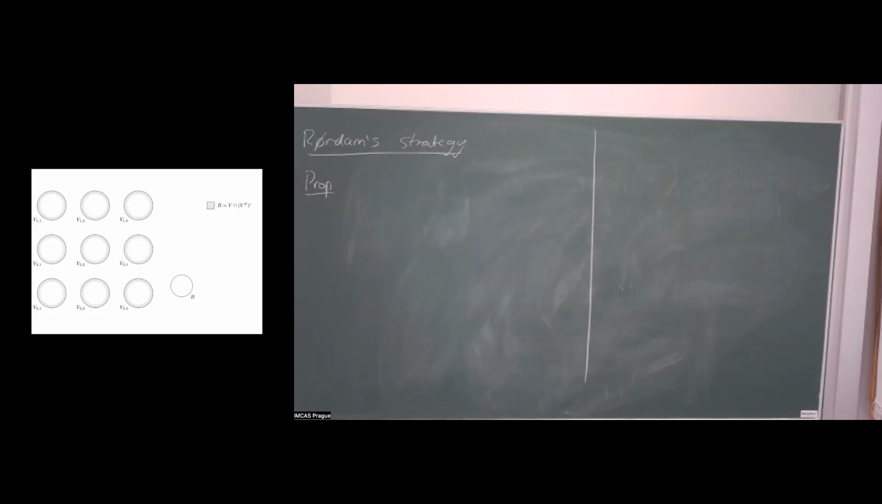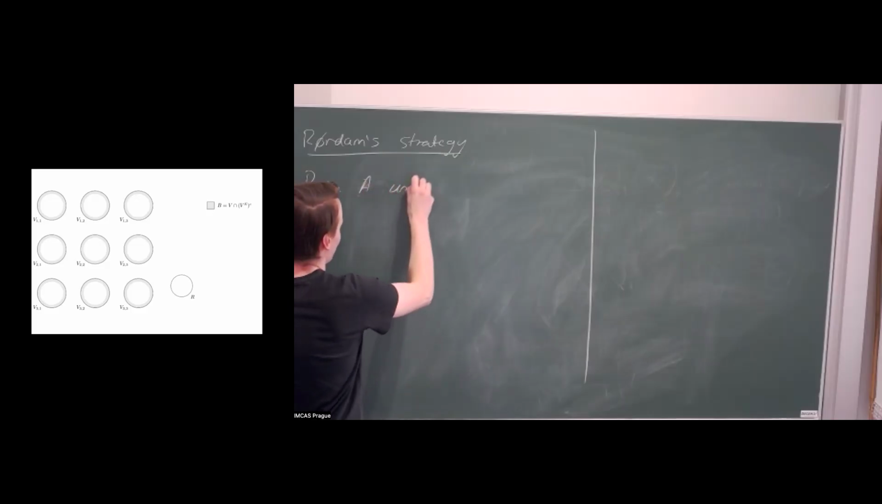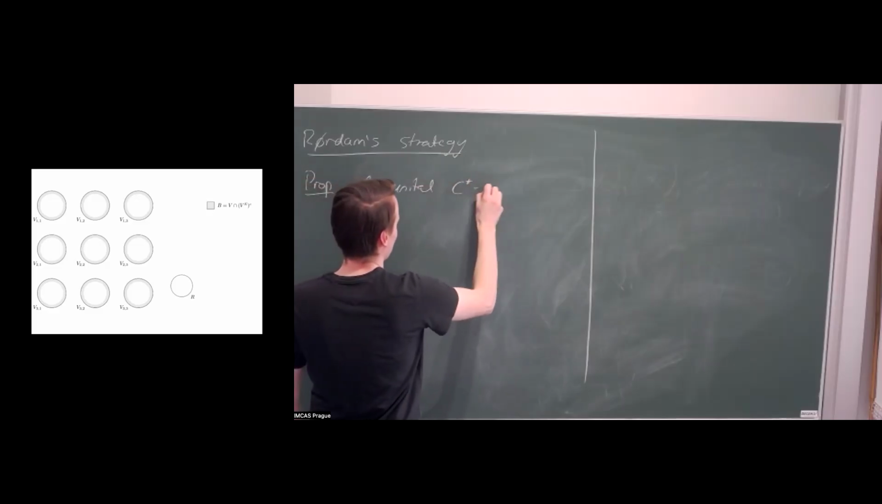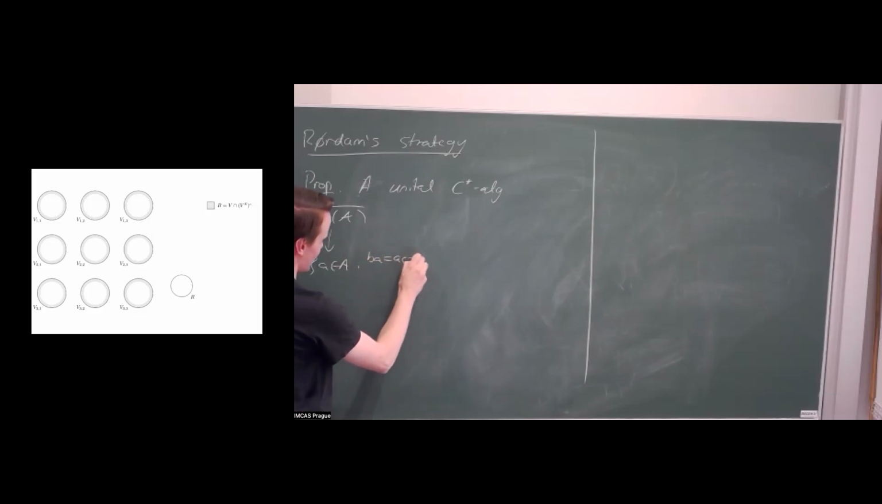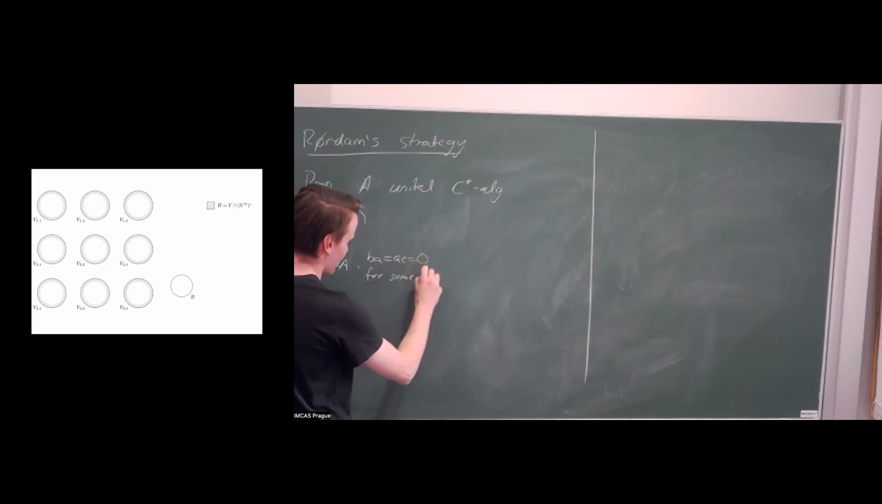So first of all, we'll start with a proposition, which says the following. So A will be just a unital C-star algebra for now. And the proposition is that Z to the D A, so this is the set of two-sided zero divisors in A. So the set of A in A such that BA equals AC equals 0. So A is annihilated on both sides by some non-zero B and C